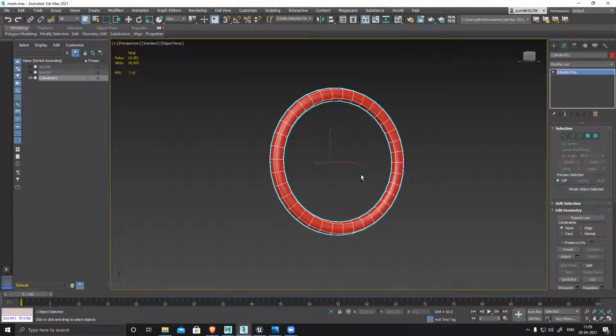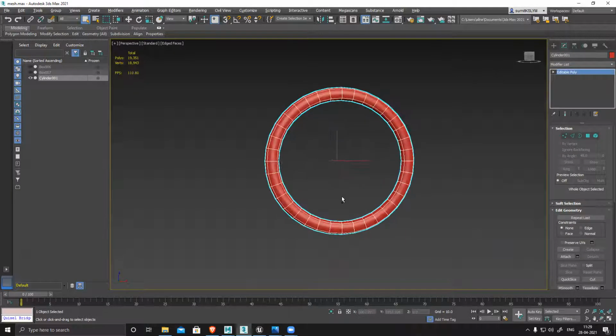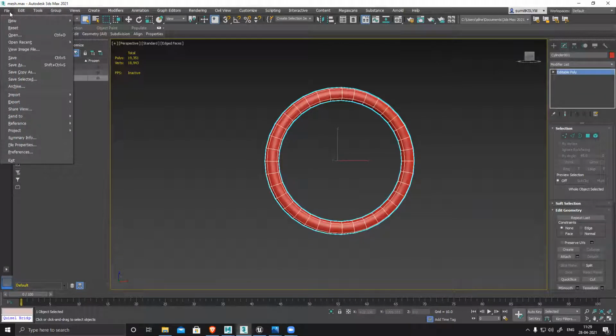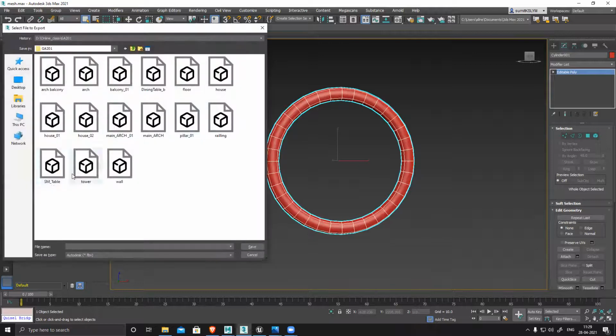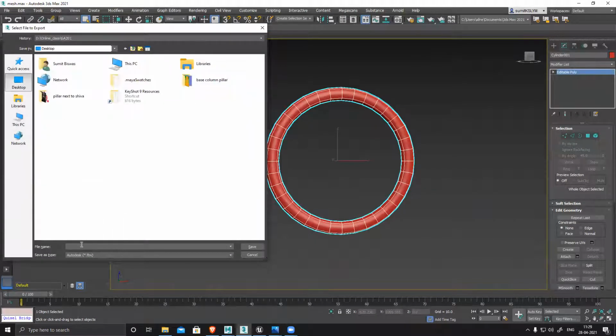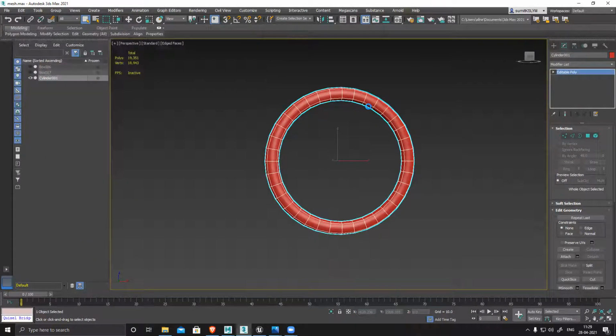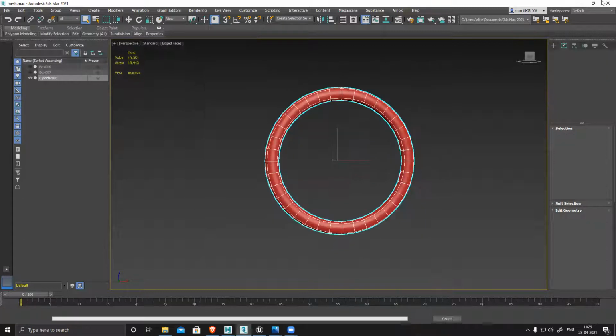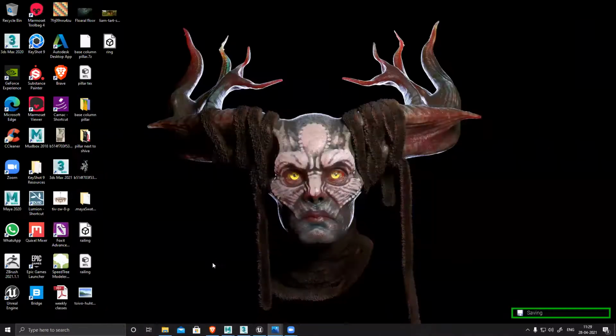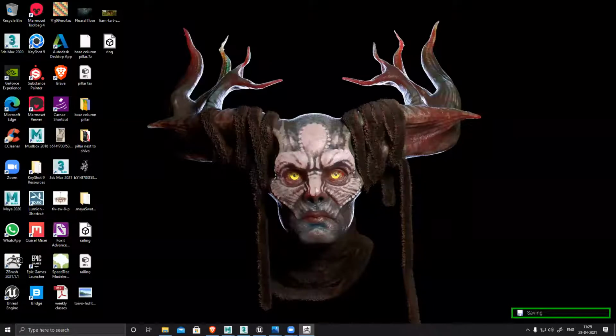Now I want to create those brick things. So what I can do is, the easiest way, this is what I personally prefer. Export this selected desktop ring and open your ZBrush now.